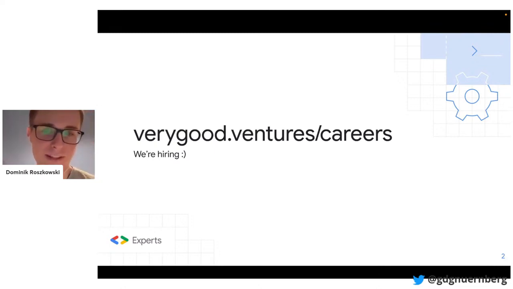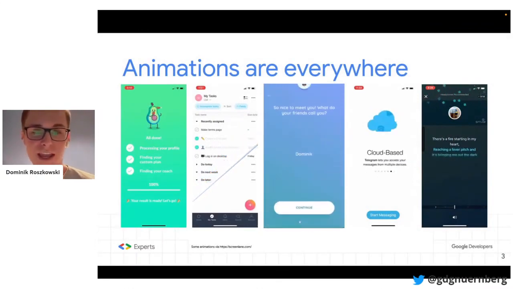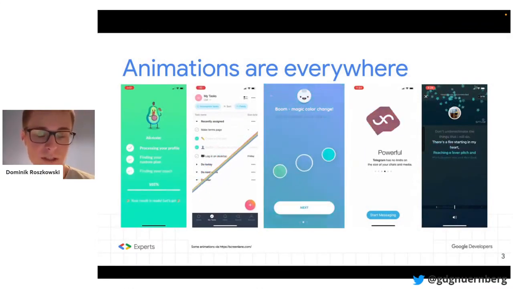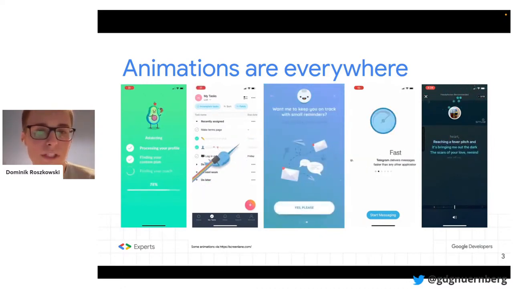But again, I think we can move on to the main topic, which is animations. We saw some cool animations in the last hour, and as you can see, we always need to build animations.